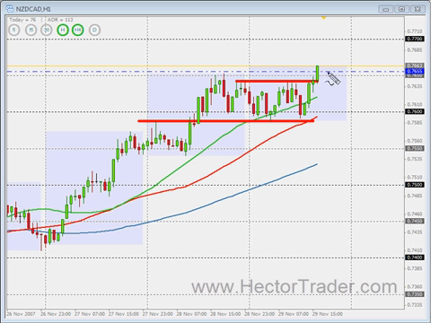I just want to record a video about this long entry I've just taken on the New Zealand dollar against the Canadian dollar, which is one of the two setups that I was following today. The other setup I was following was the Australian dollar against the New Zealand dollar, but that one doesn't seem like it's going to give me an entry. Anyway, so this trade on the New Zealand dollar against the Canadian dollar on the 1 hour time frame, I